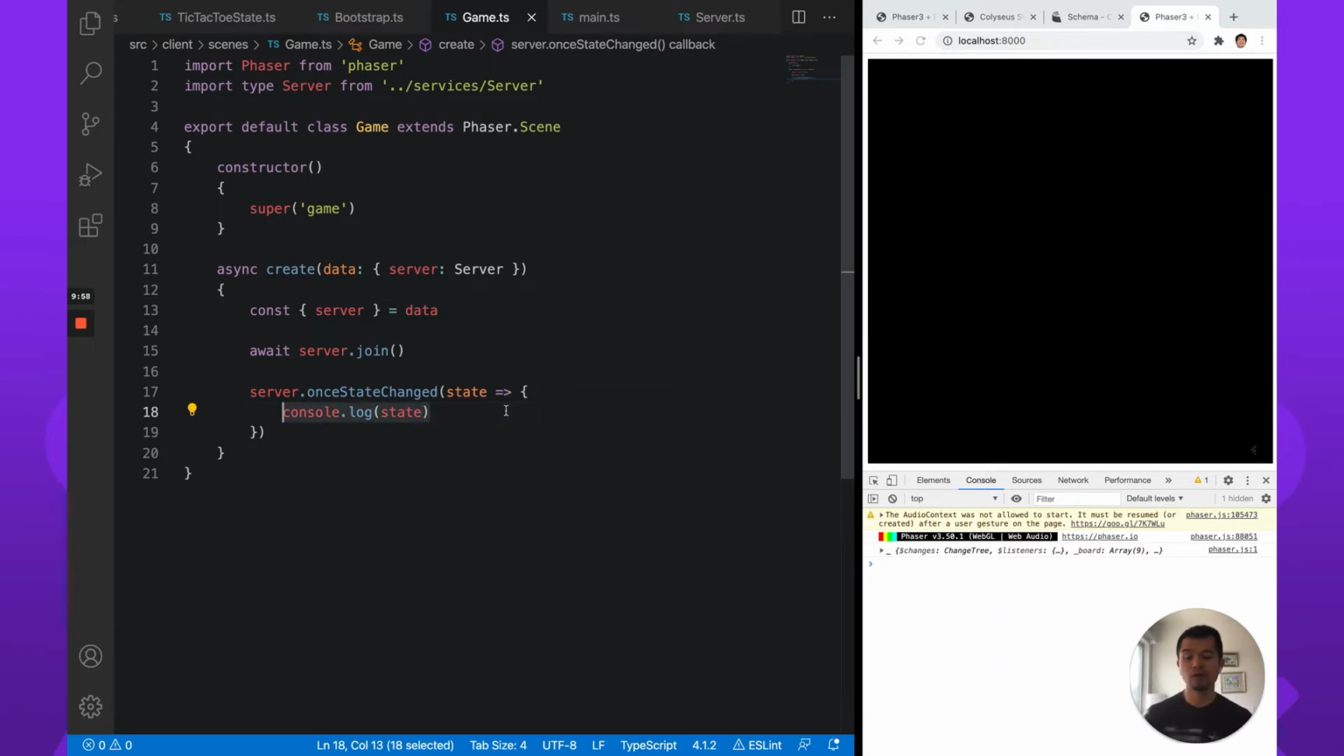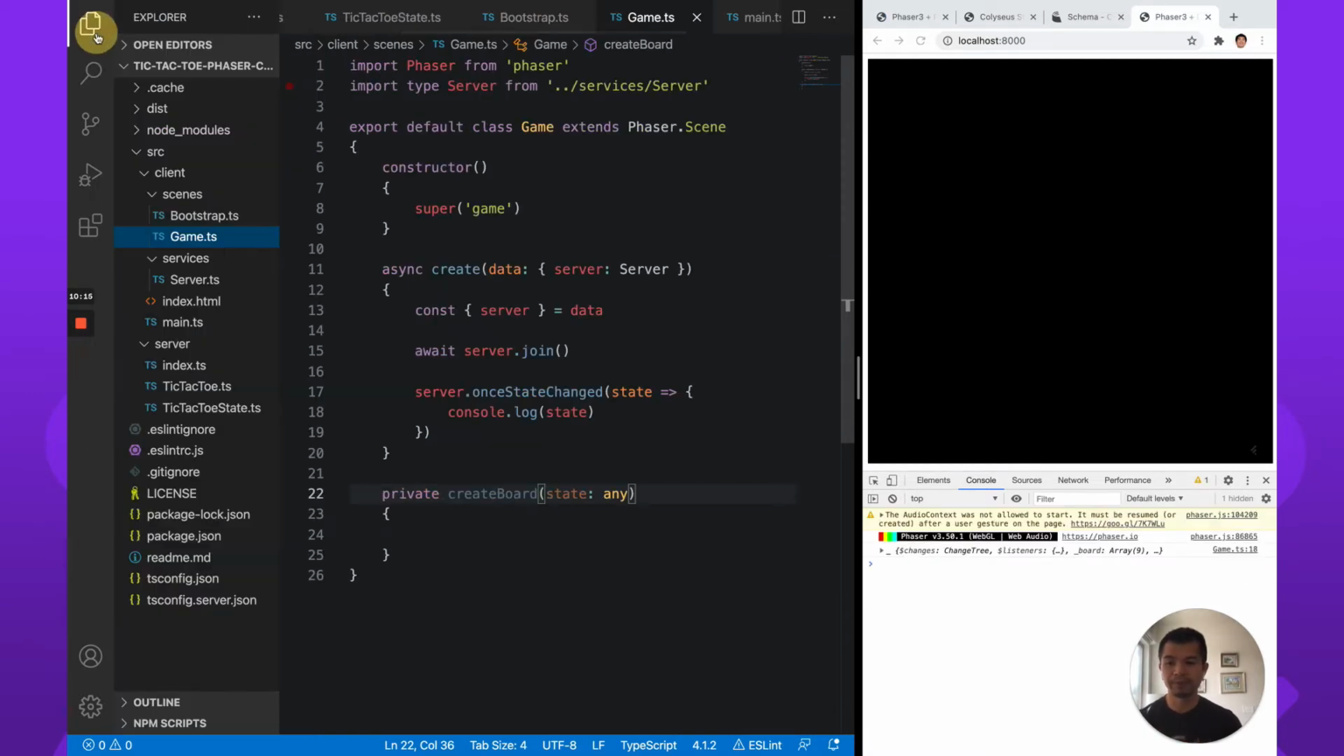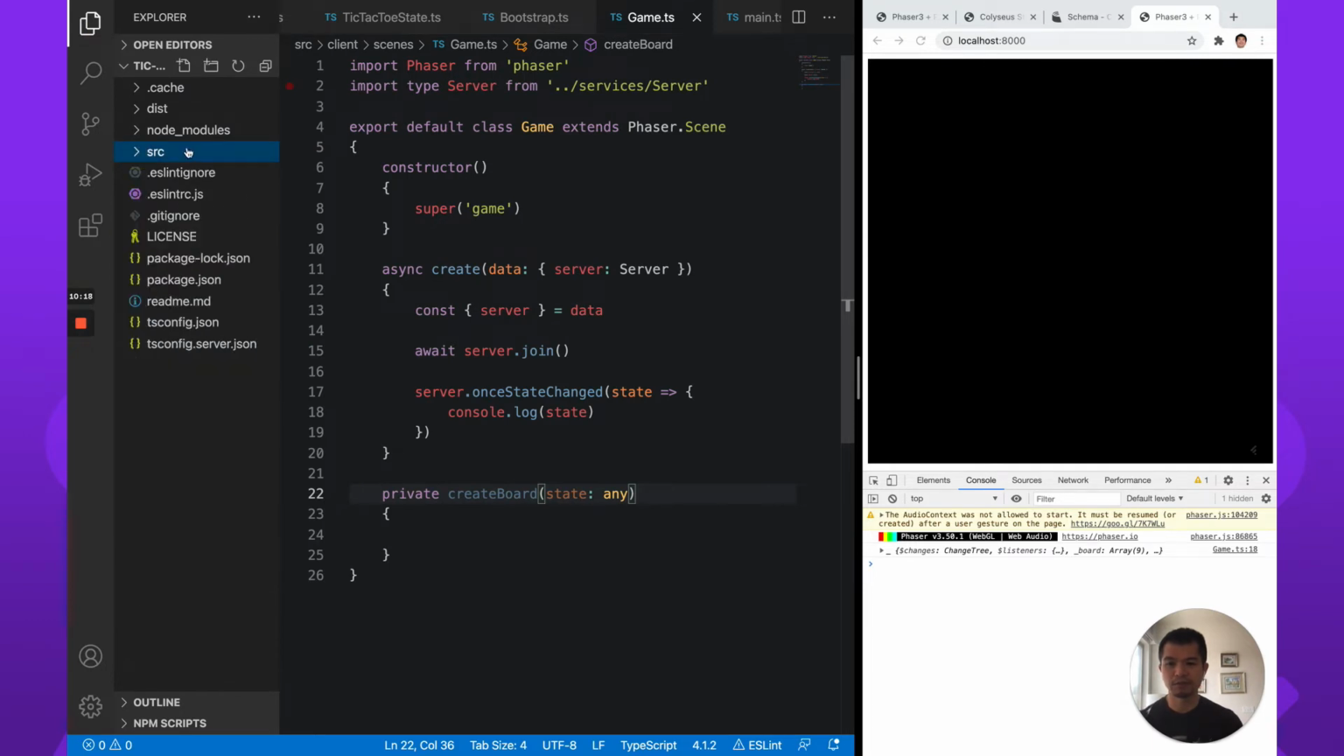And so from here, we can actually create the board. So let's make a private method here, createBoard. Let's say it takes a state. Now, this any state is not ideal. We want to actually have some better type information. So let's do that. Let's go out here, and in the source folder, at the root of source, so not in client, not in server, we're going to have shared types. Let's make a types folder, and then let's just call this